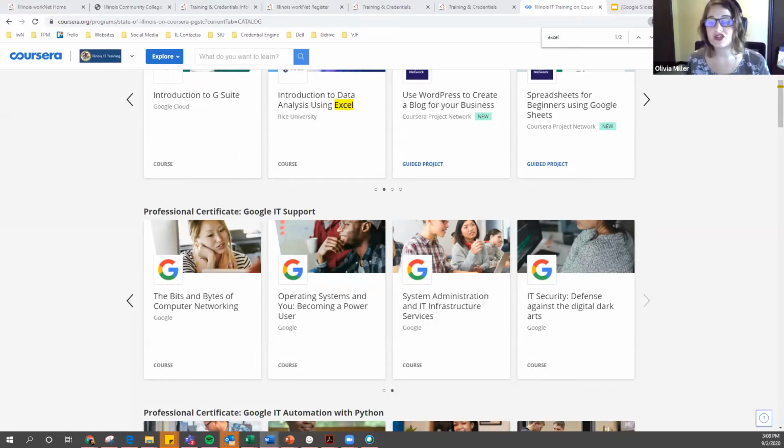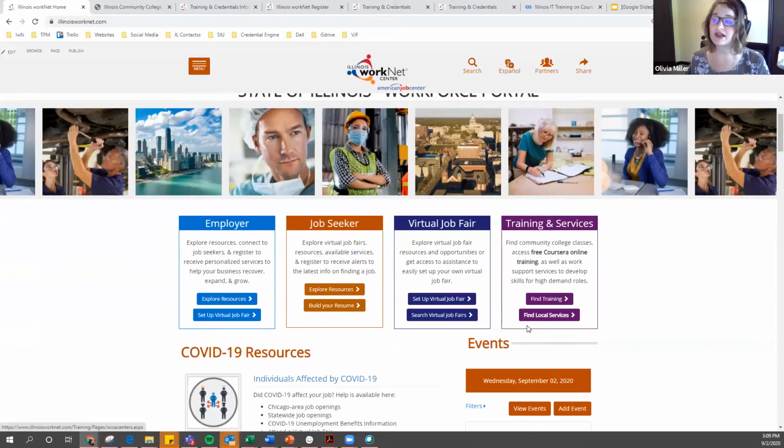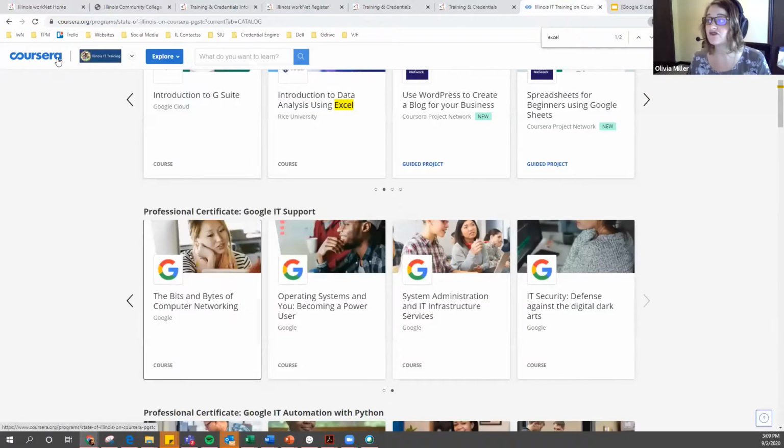And we had another question, am I able to sign in for these courses from the pages of IDES? No, you will need to come to Illinois WorkNet in order to gain access. After you've been granted access, you will then go directly to Coursera moving forward, and you will log in with the account you set up through Coursera using the confirmation email you get. And then you will be able to access all of your Coursera courses directly through Coursera.